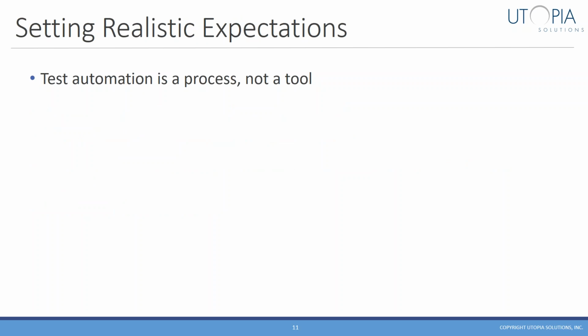So let's first talk about setting realistic expectations for the organization. We talked earlier about one very popular myth being that test automation is a tool. We really need to drive home the understanding that applying automation to testing activities is a process. Yes, we'll have something that we can call a tool that will enable that process, but the tool is just